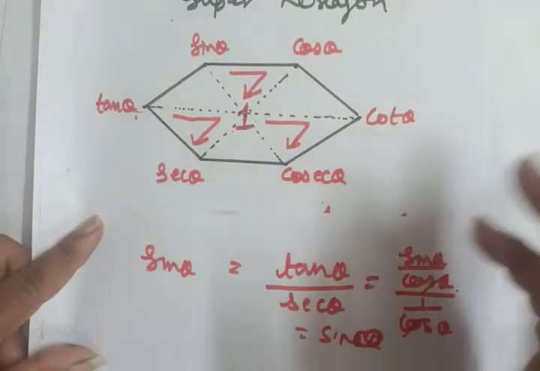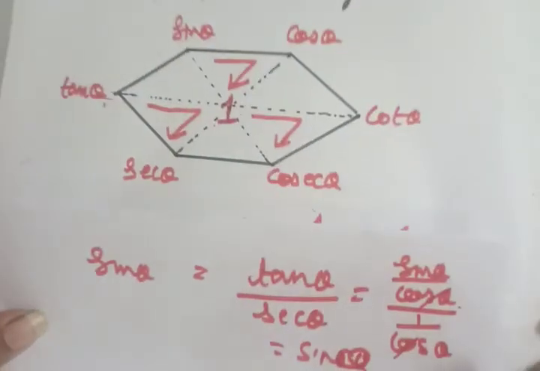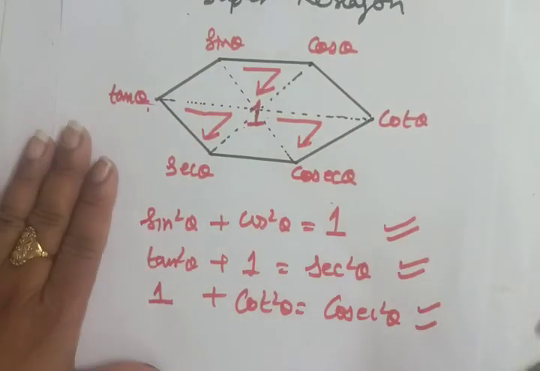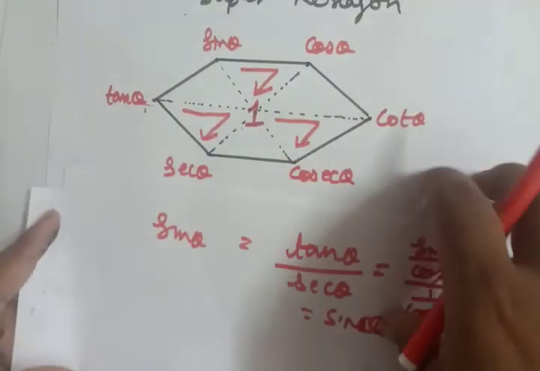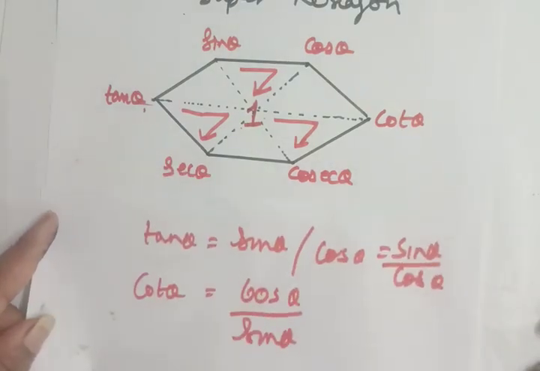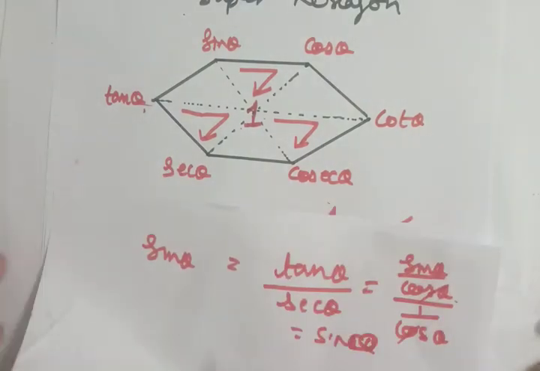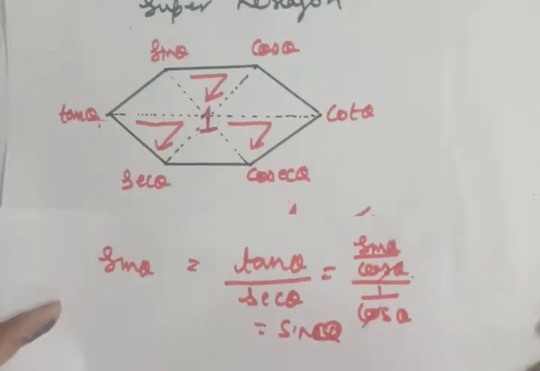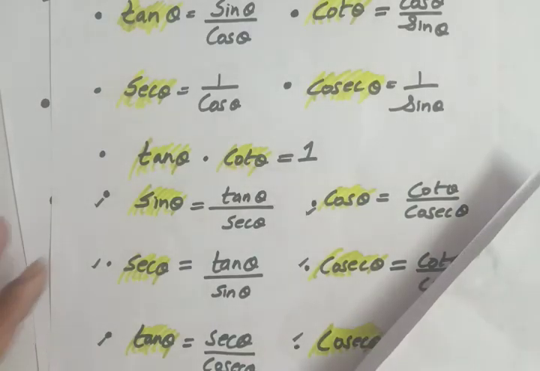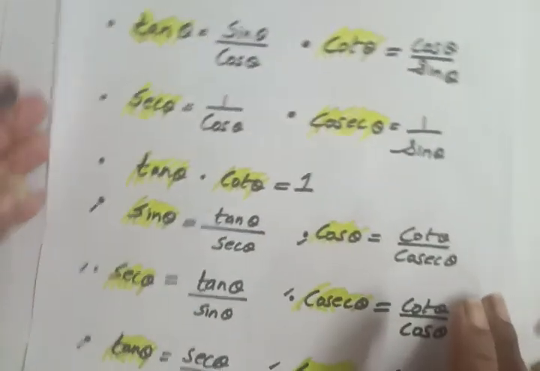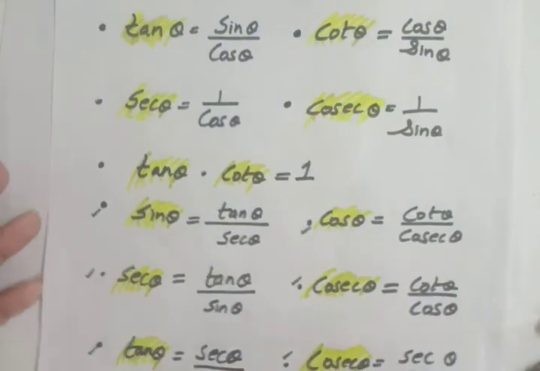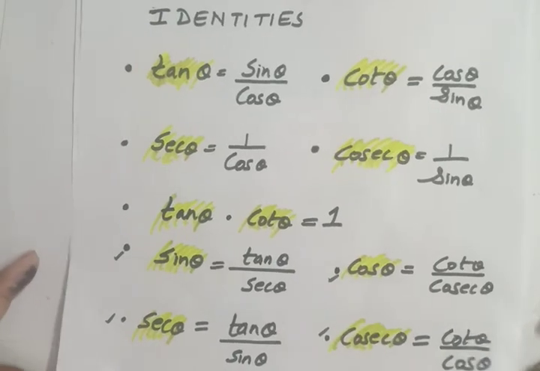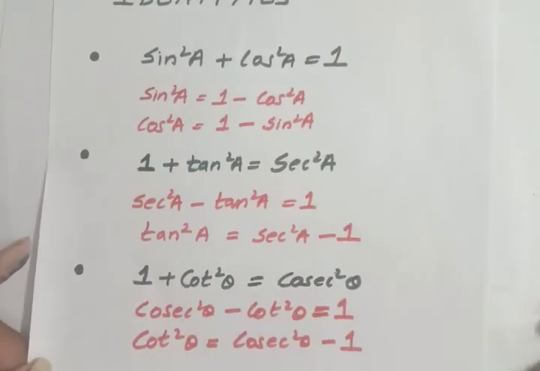So to sum up and to end this video, I want to tell you the most important thing, that this hexagon is very important, especially for the identities. And if you forget about the reciprocals, you can go through like this also. I have not written all the identities here. Now the two things that I am repeating again, these are the identities that are very important for you, that you have to write in your notebook. And all these identities you can get from my super hexagon, and these three also.